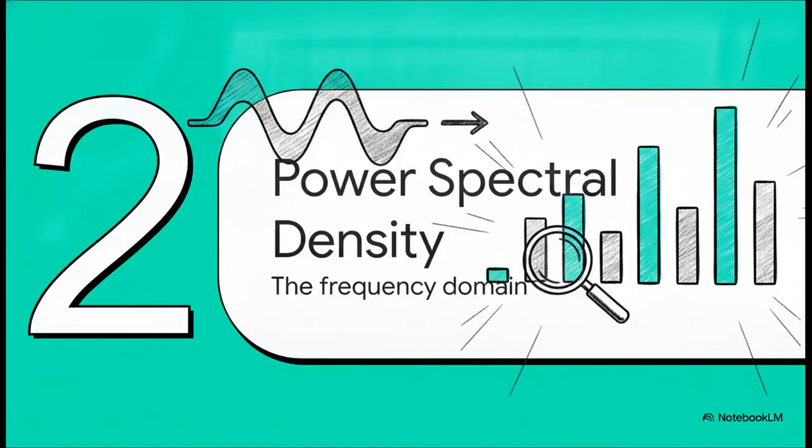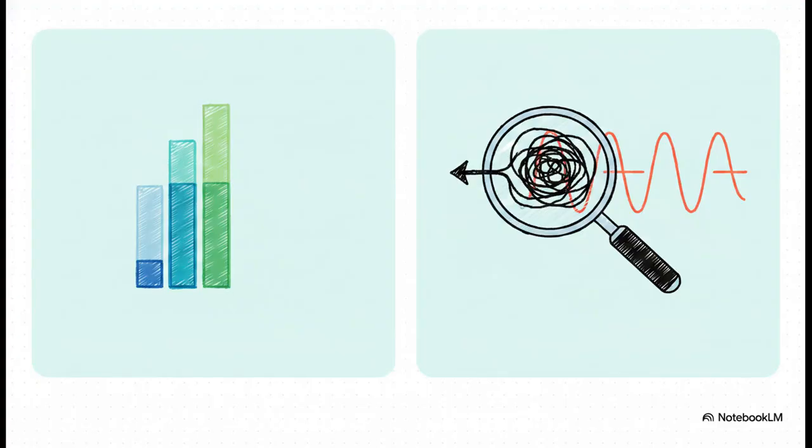Moving right along to Section 2, power spectral density. We're going to start seeing the unseen in the frequency domain. All right, up until now, we've been tracking our signals strictly in the time domain. But to truly master it, we need to transition over to the frequency domain to understand how the signal's power